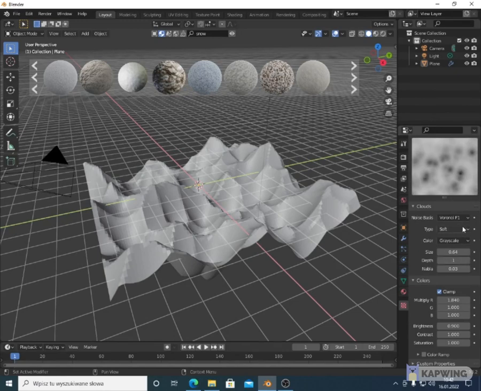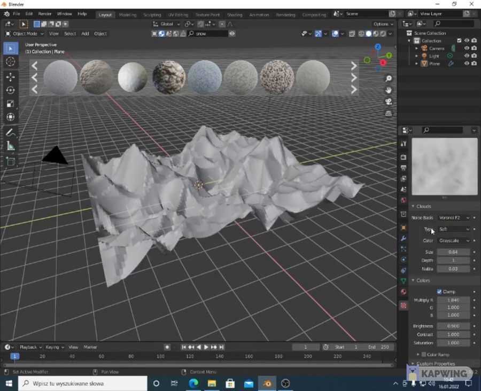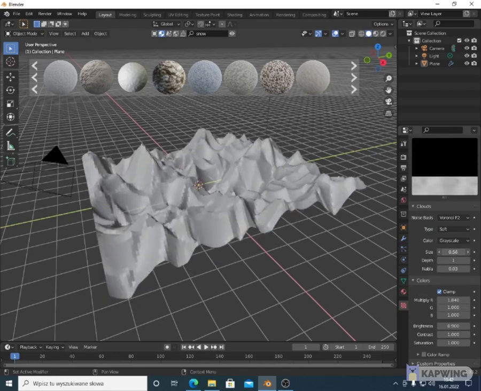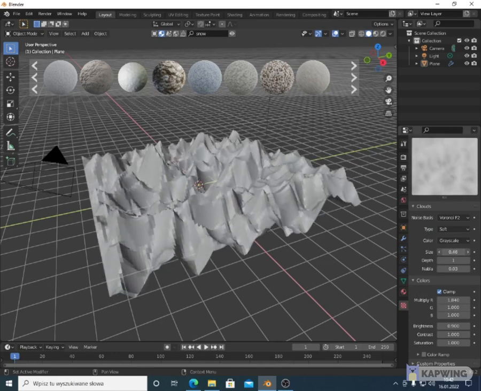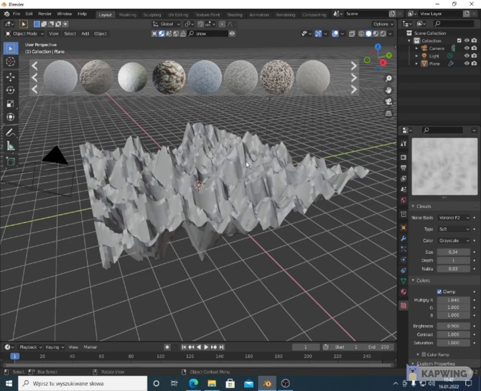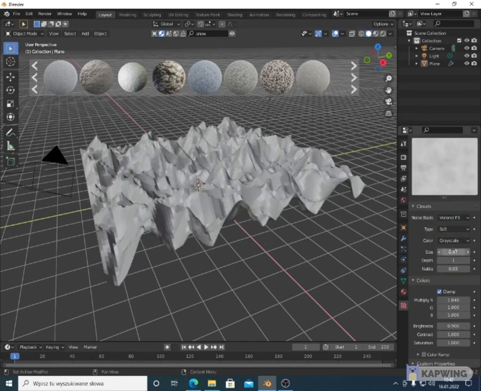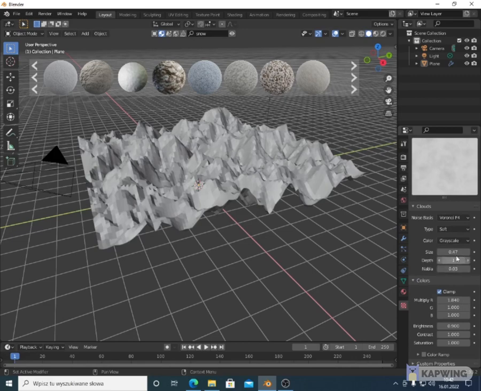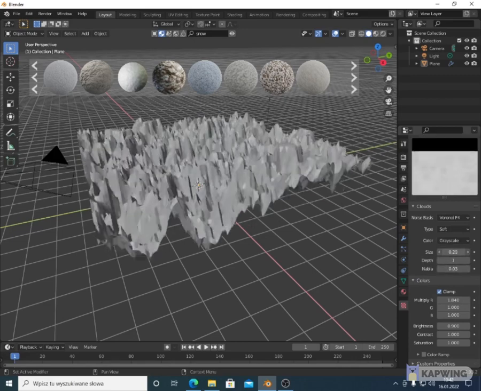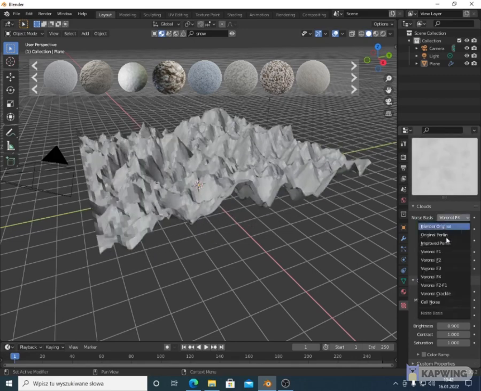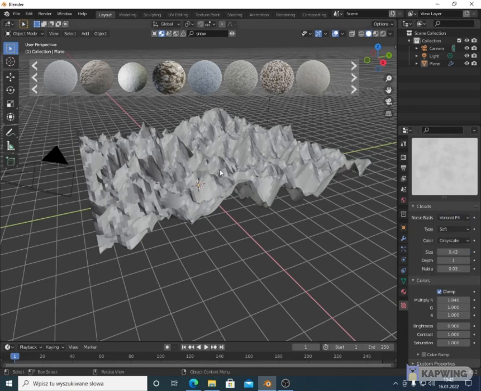So yeah, that's it. This Voronoi 2 has a similar effect, as you can see. Yes, basically similar shapes, very rocky kind of mountains or whatever. Voronoi 3 is almost the same. Voronoi 4 is kind of cool too. So this Voronoi texture is pretty good to create very rocky kinds of shapes